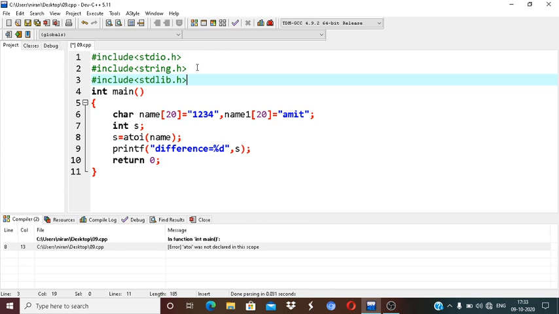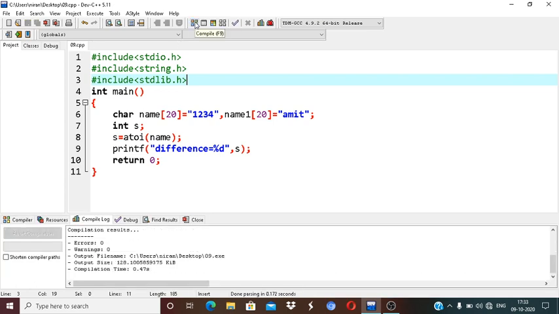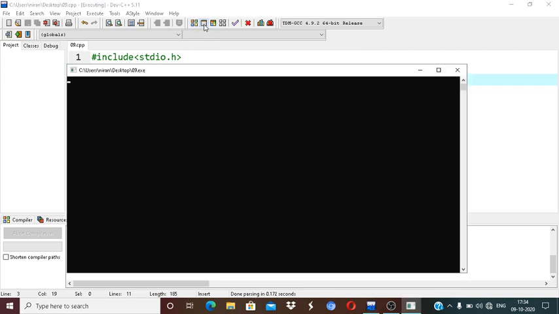This header file is also used in dynamic programming, which is for later. First you learn this, then see. What is the working principle of the atoi function? It is inside the header file stdlib.h, so you should include this header file.